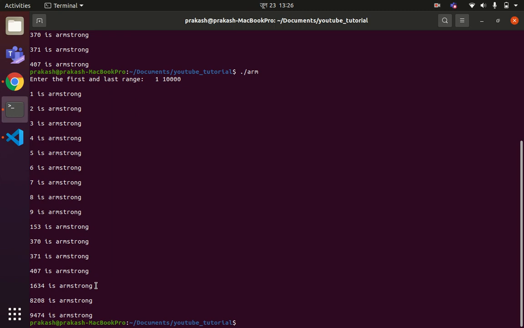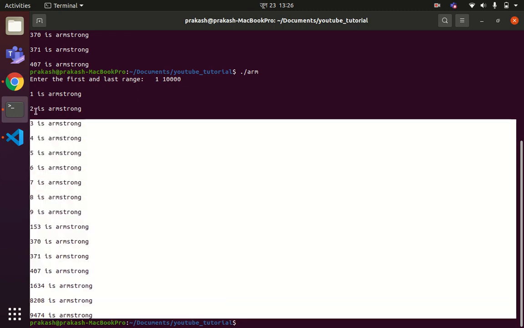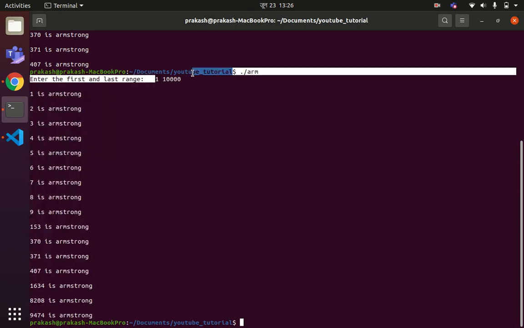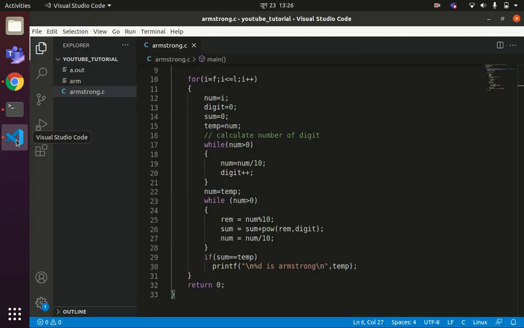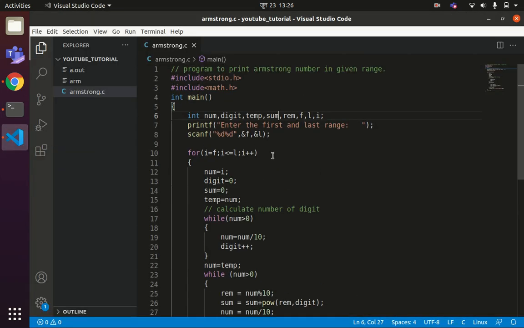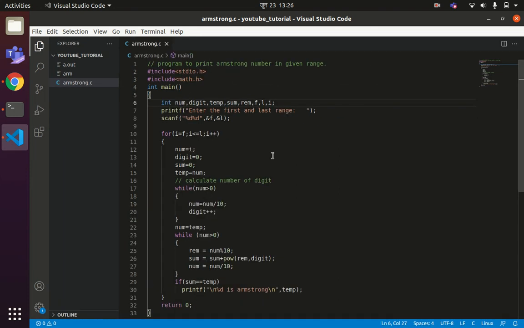So these many numbers are Armstrong numbers within these ranges. This is the code, please have a good look at it. This is the code to print all the Armstrong numbers in the given range.